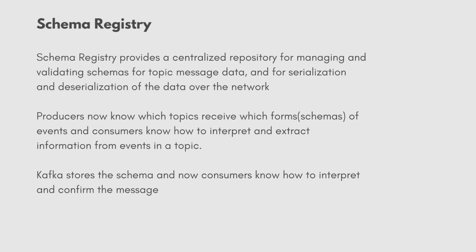And there are different serialization types, right? A producer can send a JSON type, a string type, a float type, an integer type. And that is being stored so that when the consumer receives that information, it knows, okay, this is going to be a JSON, this is a string, or this is a float or integer. Imagine if we didn't have the registry and we just had to guess or assume what format this message is going to be. That would be awful. So this registry keeps that clean and efficient.